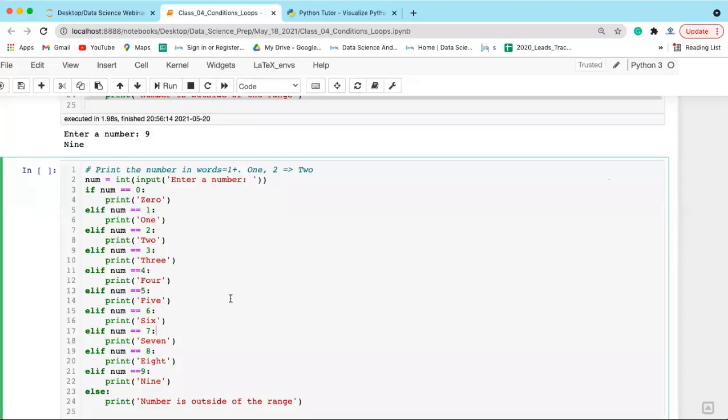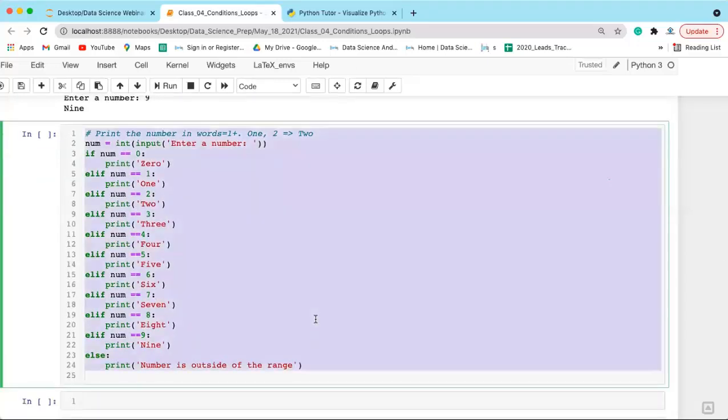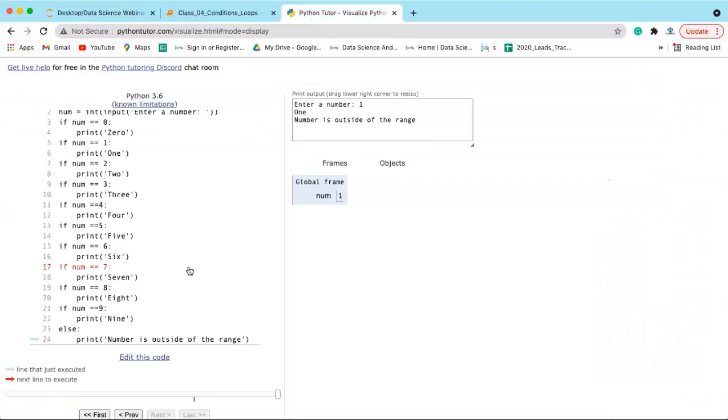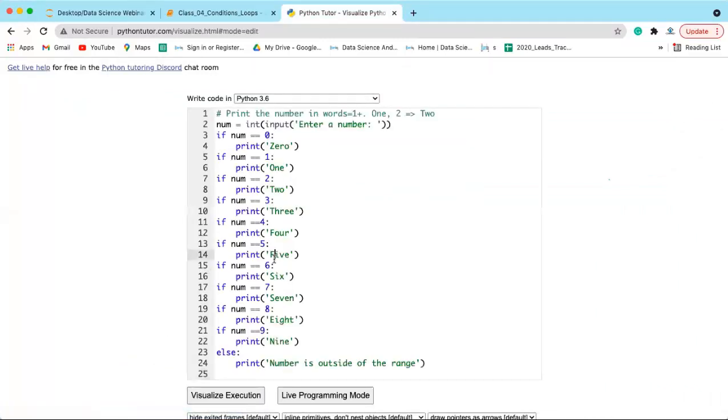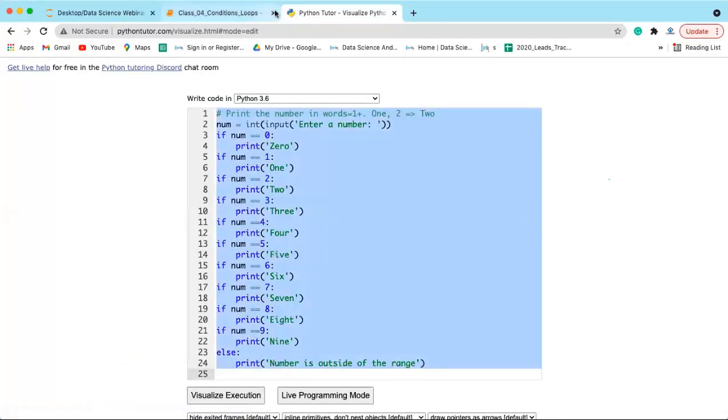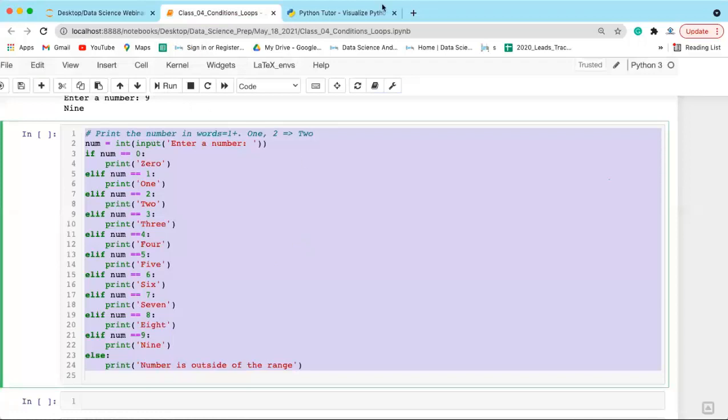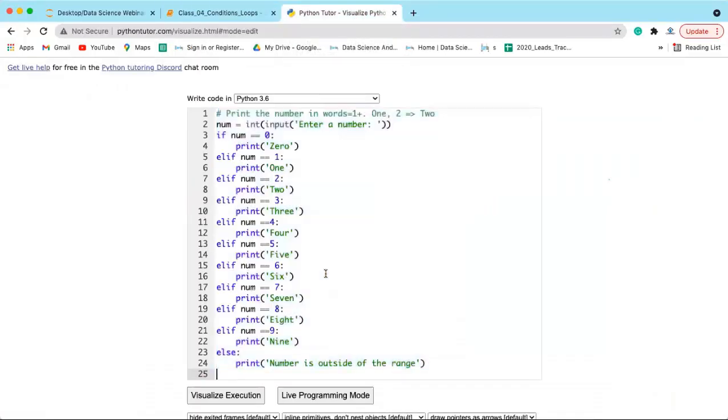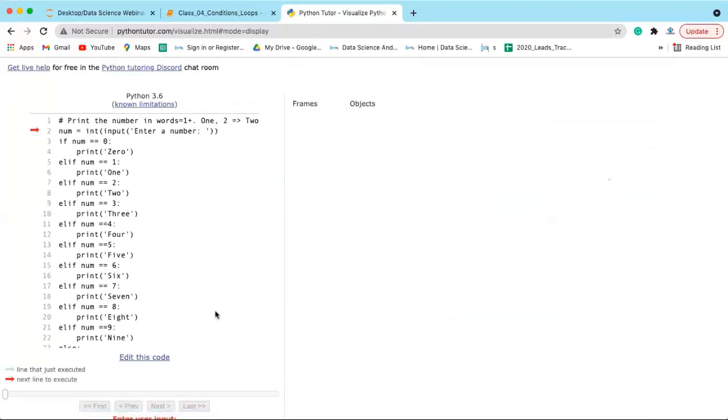Now let's execute this code again. So the advantage of this code is that it will be checking only one condition and by default the rest of the conditions will not be checked.